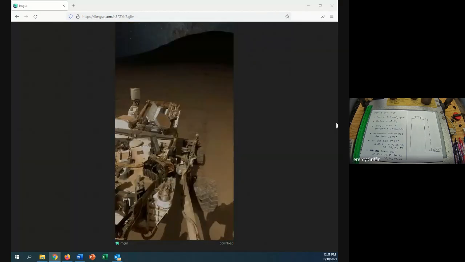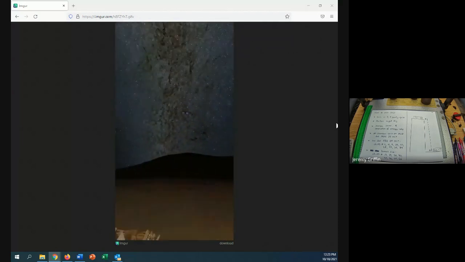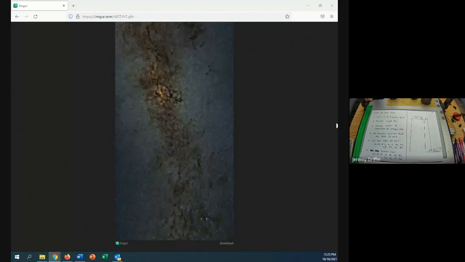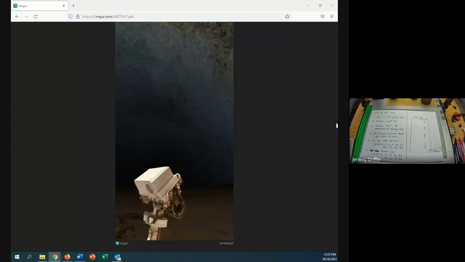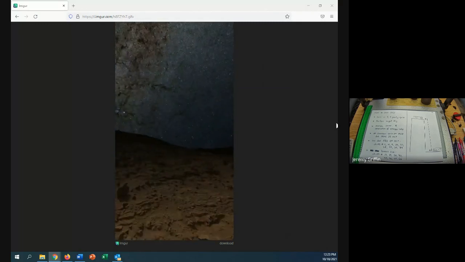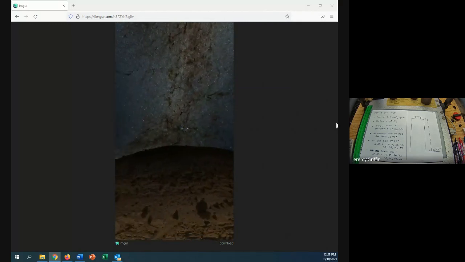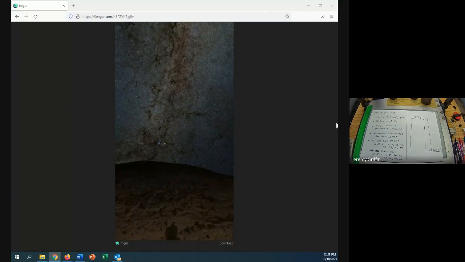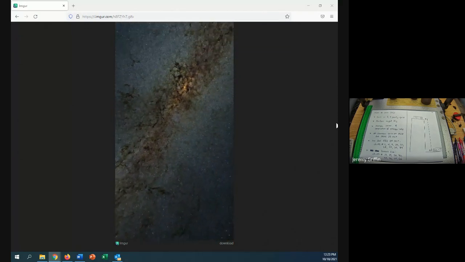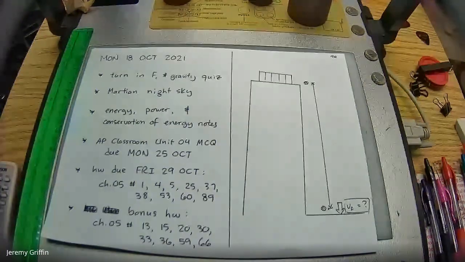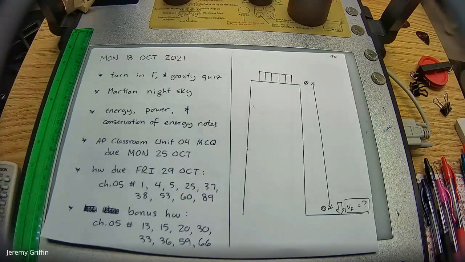But what's the main reason, besides light pollution, which is also a reason, that the night sky is so clear on Mars compared to Earth? Yeah. Atmosphere. Mars has a very thin atmosphere. I forget exactly what it is compared to Earth, but I want to say it's like 1% of what it is on Earth. It's very thin compared to Earth. So that's the main reason. All right, so that was fun, but let's get back over.